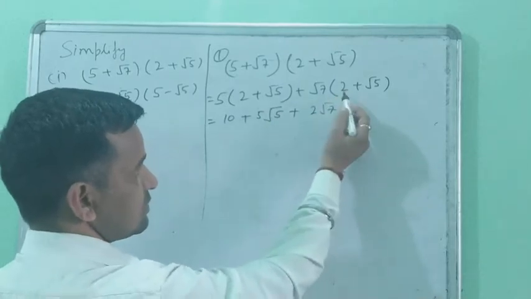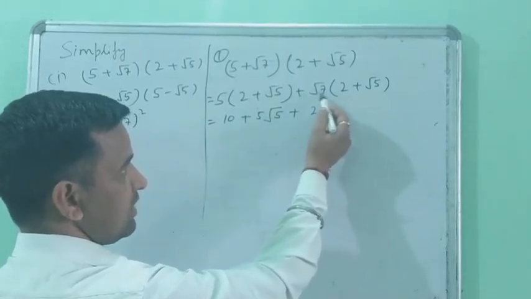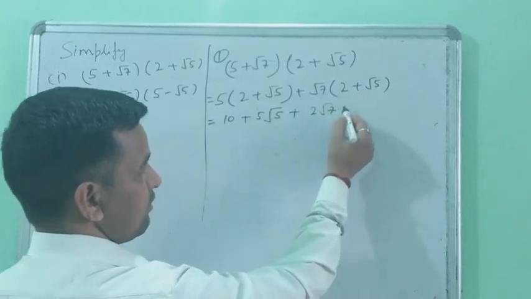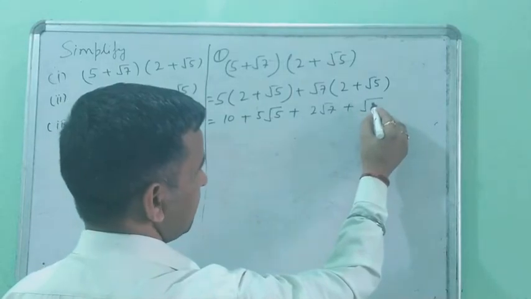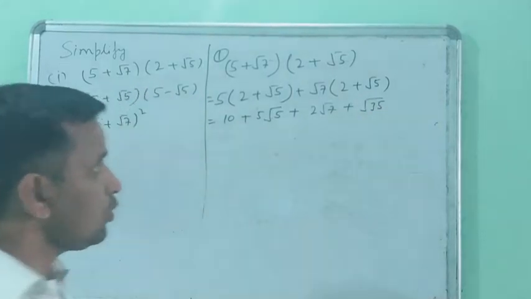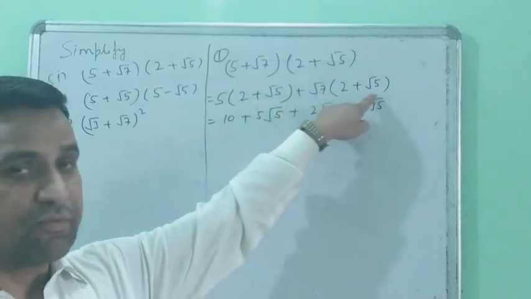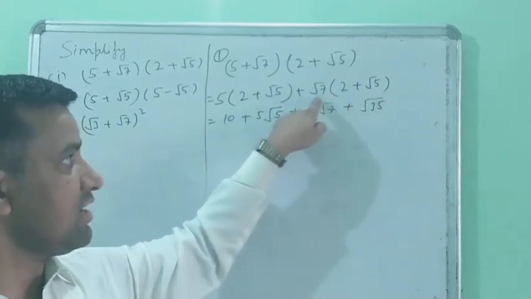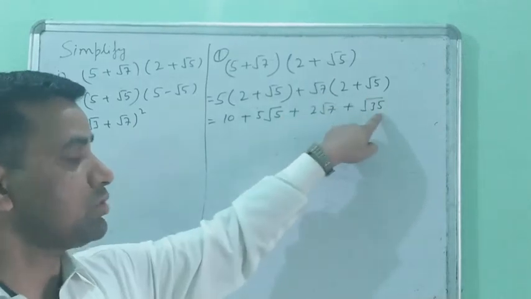Same thing. This one is rational and this one is irrational. So then you multiply here. So 2 root 7 plus root 5 into root 7 is root 35, 7 5 is 35, because both numbers here are like form. Root 7 irrational and root 5 irrational, so both are in like form. So then you can multiply root 7, root 5, root 35.